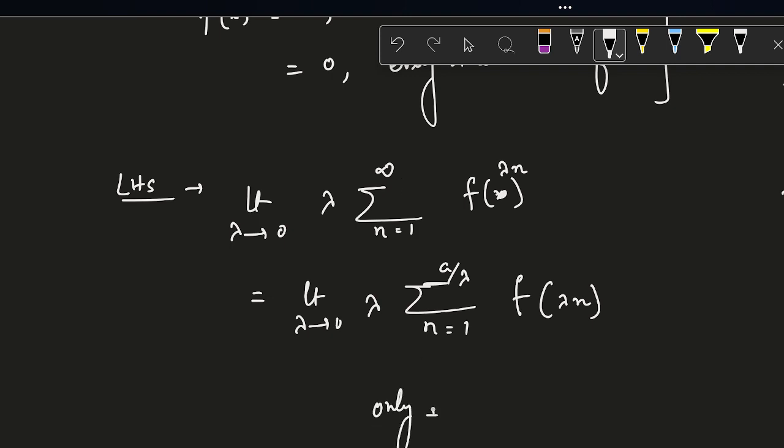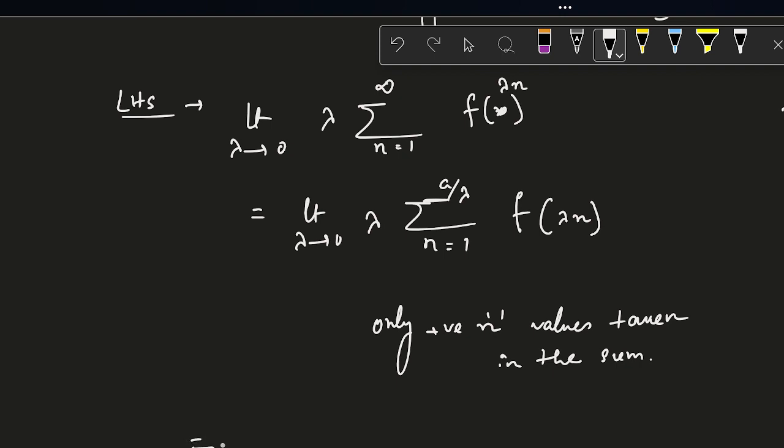So only positive n values are taken in the sum. Okay, so clearly this tells you that f(x) gets a finite non-zero value 1 only if, sorry, do not write it as x, rather we'll write from now on as f of lambda n. So f of lambda n gets a finite non-zero value of 1 only if n is